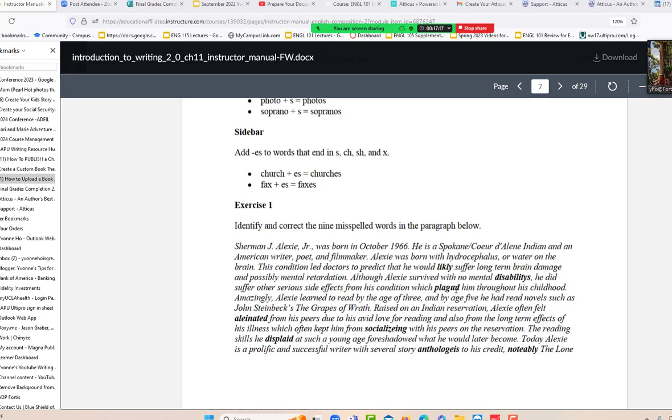Plagued, so this is missing an ED. Alienated, so here it should be A-L-I, okay, alienated. Socializing shouldn't have an E in there. And displayed, the I changes into a Y and becomes displayed. With every story,